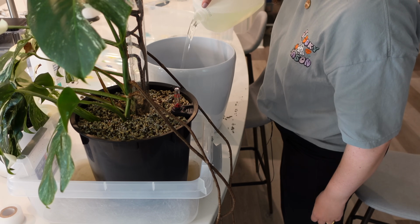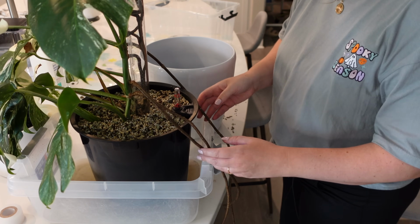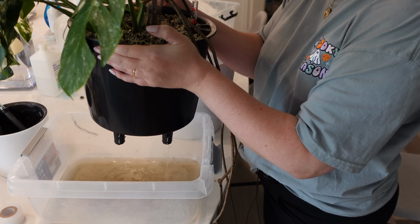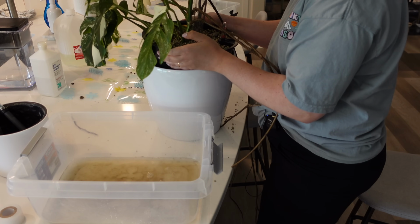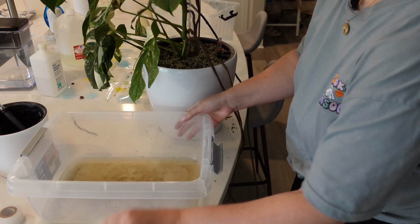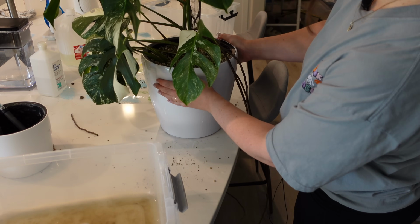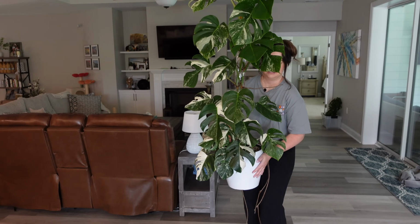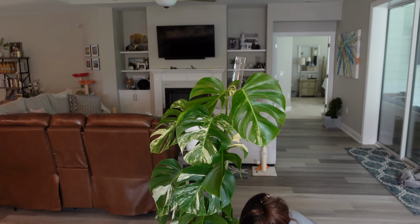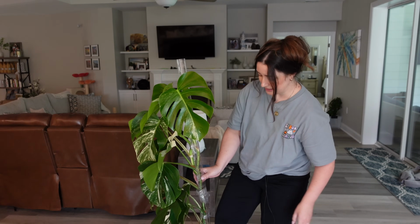I'm not gonna add a ton, just because I feel like I did go up quite a bit, so this is gonna hold on to water a lot more now. Uh-oh. 1, 2, 3. Ooh, she looks good. Look at her. Oh gosh, okay. She's heavy. Oh, crushing the aerial root. Move. It's just a little unsteady where